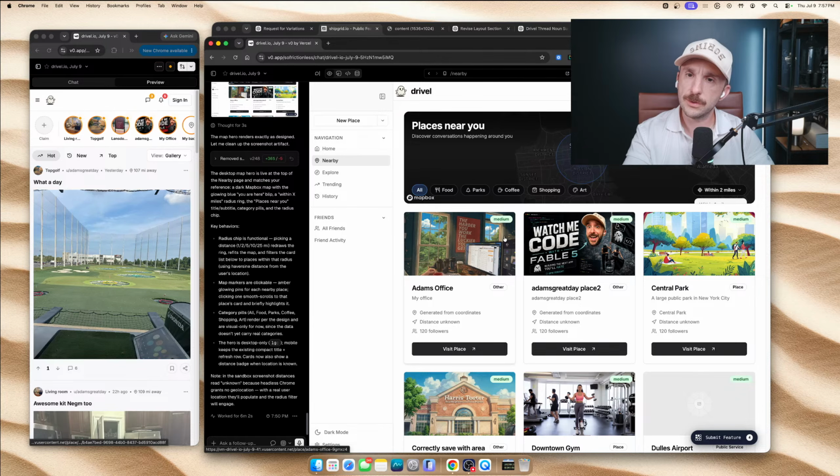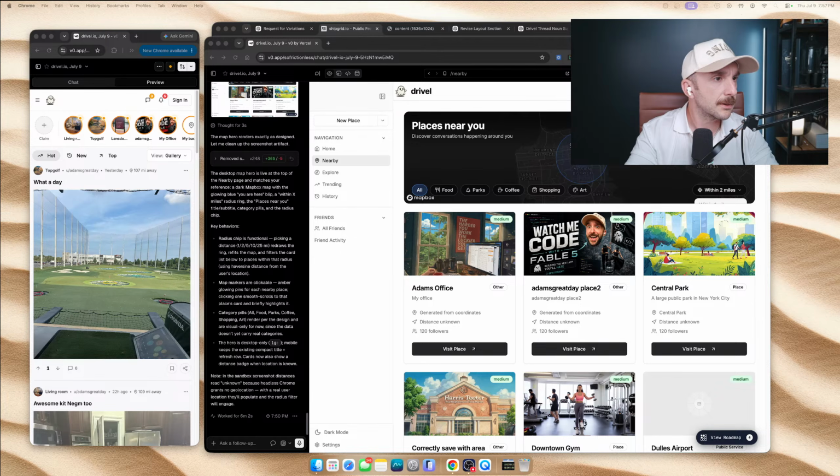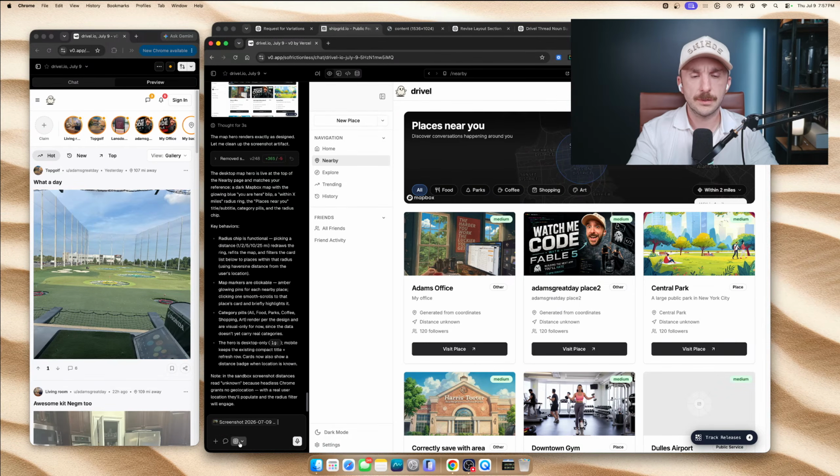Places near you. And so what we need to do now is match the cards also. So I'm going to have it match the layout of these cards. Let's try that. Oops.